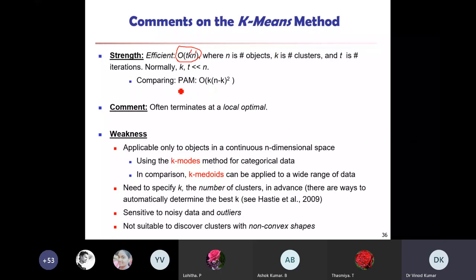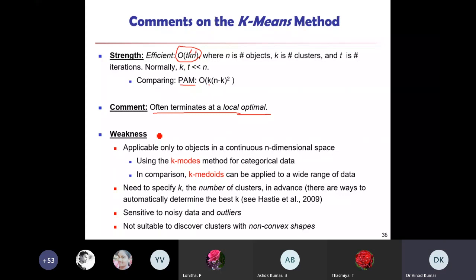If I compare this to partition around medoids, that is the next algorithm that we will study, it is k into n minus k to the power 2. Okay, so k-means often terminates at a local optimum. Next, what is the weakness of this one?